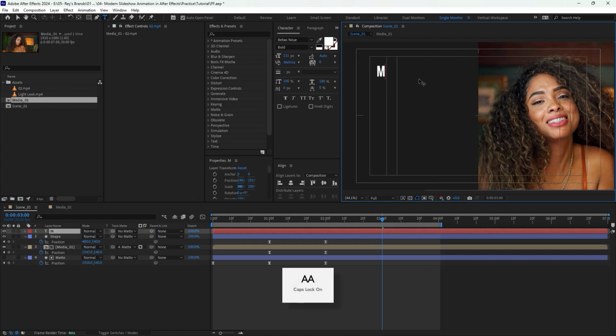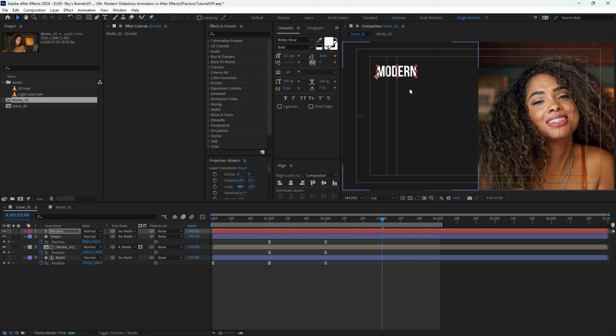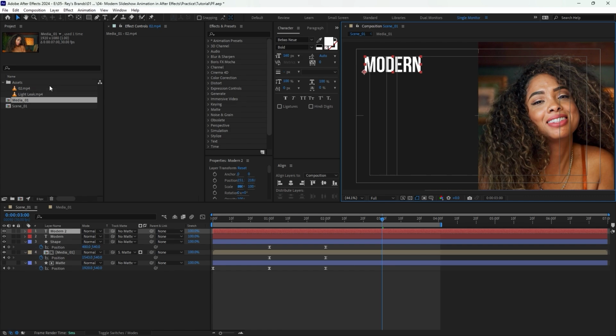I'm gonna type modern. For the font, I'm gonna use this Bebas Neue bold. So you can download this font from the link in the description. For the size, I'm gonna set it to 160 and place it right over here like this. Now select this text, go to edit, duplicate and place it right over here like this and change it to